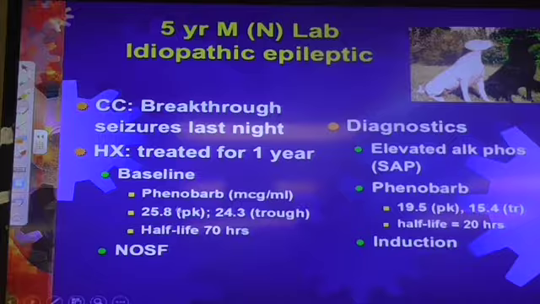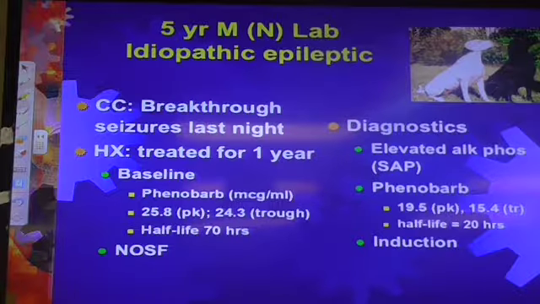Look at his half-life. It's gone from 70 hours, which was his initial half-life. Remember I told you 48 is our working half-life, but it's quite variable. And it went down to 20 hours. So his drug concentrations have dropped because of autoinduction. What do we do for Bo? Increase his dose, get his drug concentrations back up to about 25 or 30. Now when we do that, his liver is probably going to induce again because every time we up the dose, it'll probably induce again. But we're going to monitor him and make sure we get those drug concentrations up to about 25 to 30.